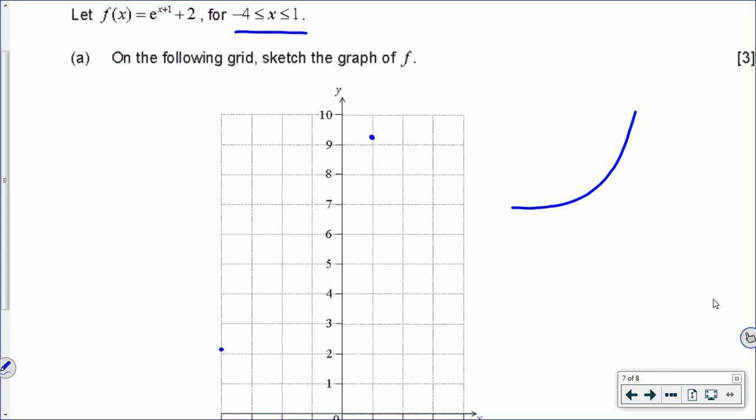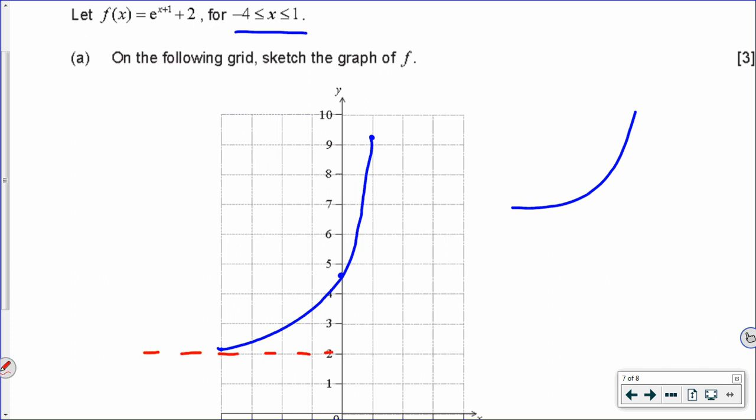If you do that, you're going to see that it's in the 2 places I just put a blue dot. That's generally where they look to be on the graph as well, but you need to try to make them precise. And there's also an intercept in this region. It's going to cross the graph between 4 and 5, closer to the 5, and they're looking for that to be accurate as well. They don't want you to continue past that endpoint on either side because it's asking specifically for the interval -4 to 1. So this is where 3 points,